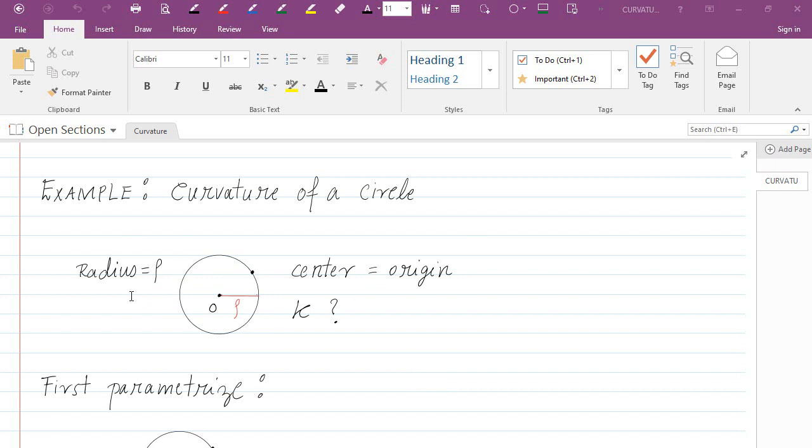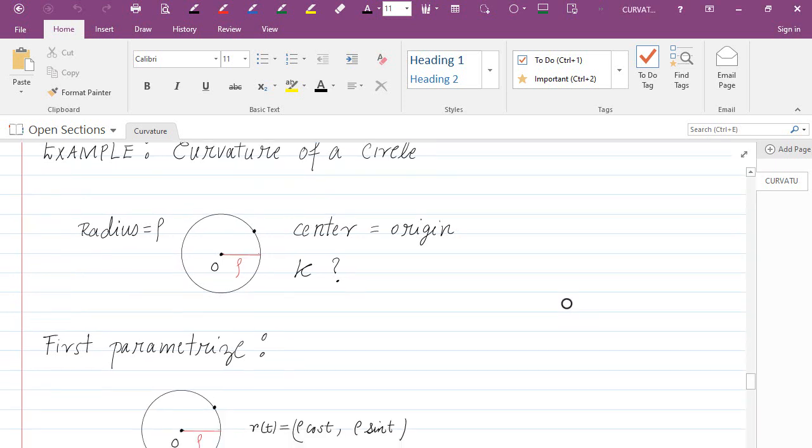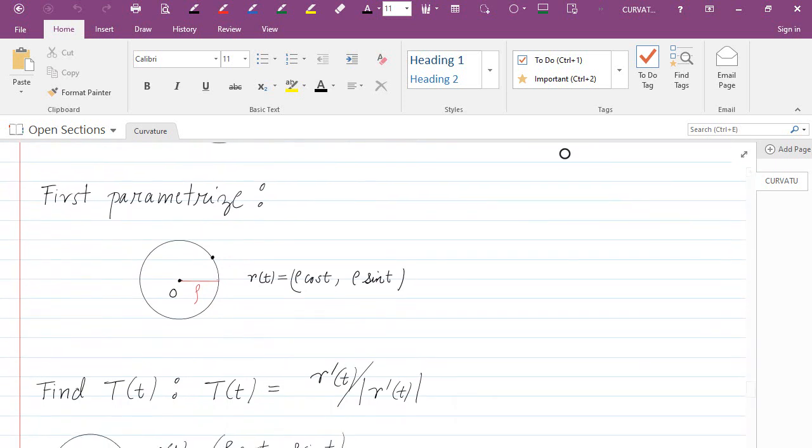And so to come up with the curvature of the circle at any point on the circle, we first parameterize the circle. Recall that we can parameterize the circle by using the following vector function: r of t is equal to rho cosine t, rho sine t. So this is a vector function that parameterizes the circle of radius rho. Now we compute the